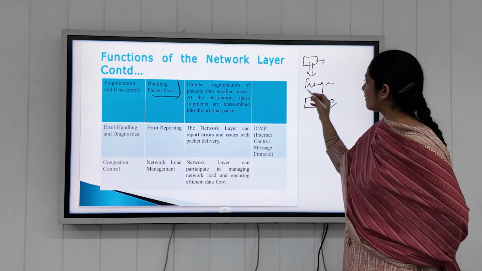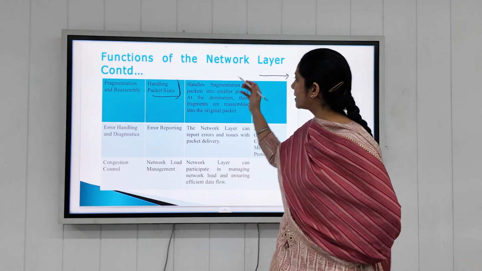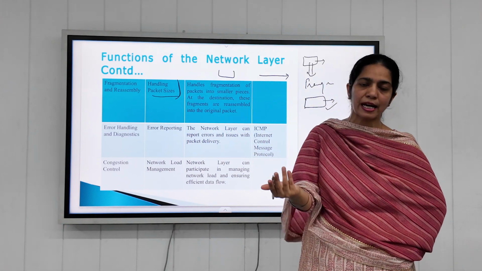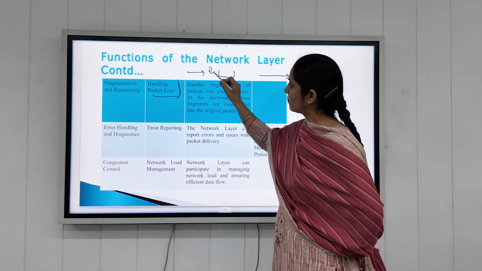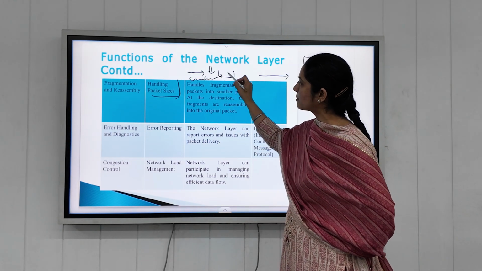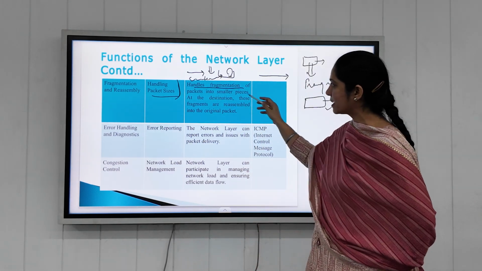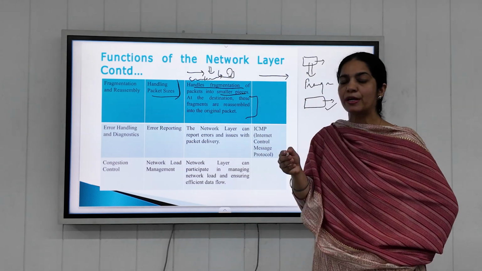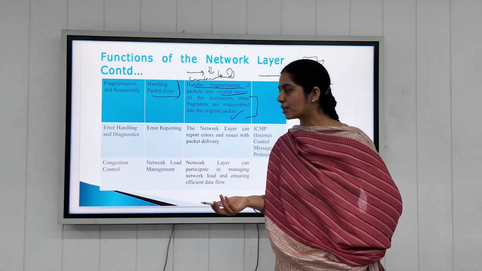If we have to send data, there should be a limit on it. The data should have a proper packet size in order to be handled correctly, so that no errors can enter and change the meaning of the original data. So we have to handle the fragmentation of packets into smaller pieces, and at the destination these fragments are reassembled so that they are converted back into the original packet.